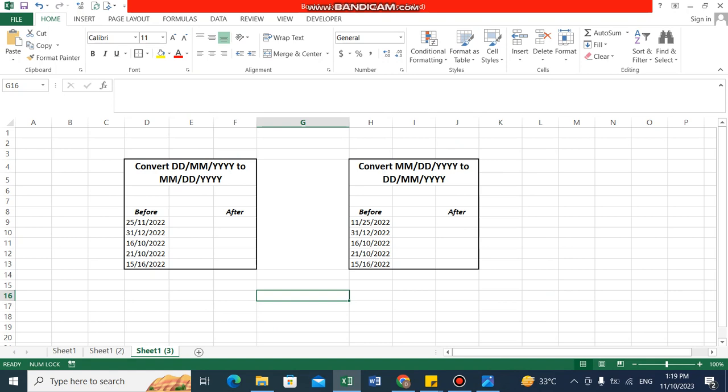Suppose in this column you can see 25th November 2022 is formatted as day, month and year. Now you want to show this as month, date and year. Let's see how we are going to do it. There are several ways to achieve this, but one of the easiest, most reliable and accurate ways is to do it through this formula. Equals to,